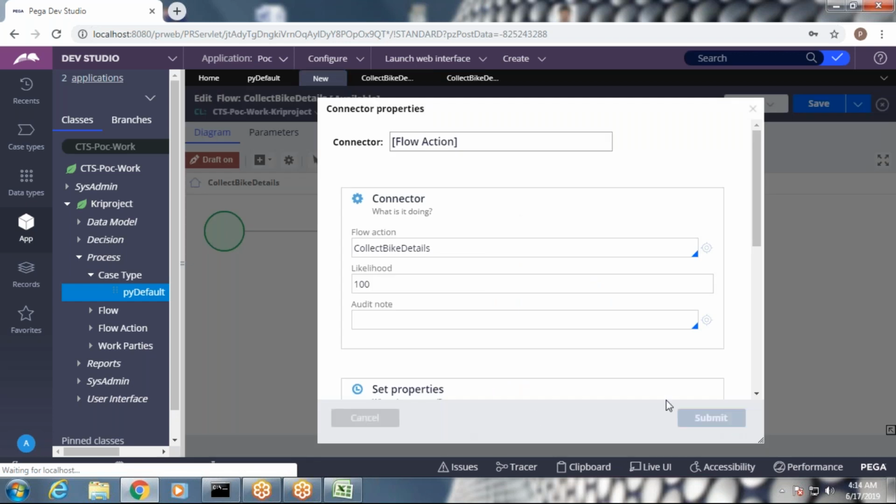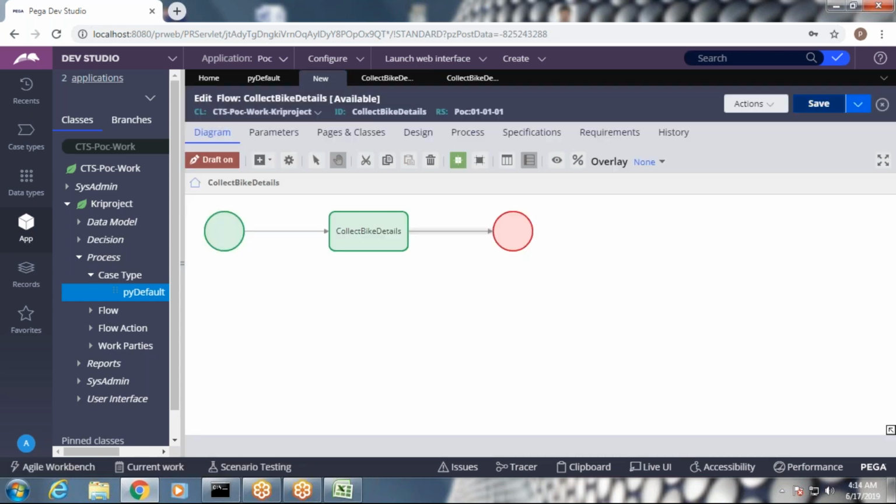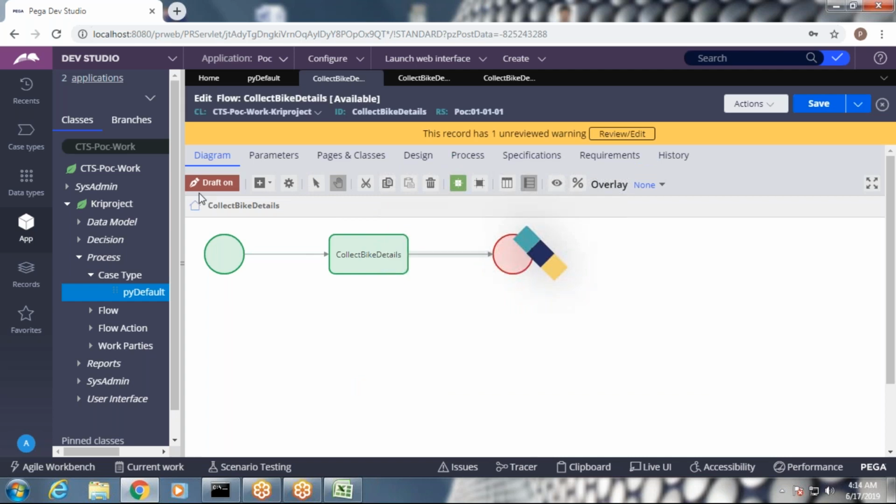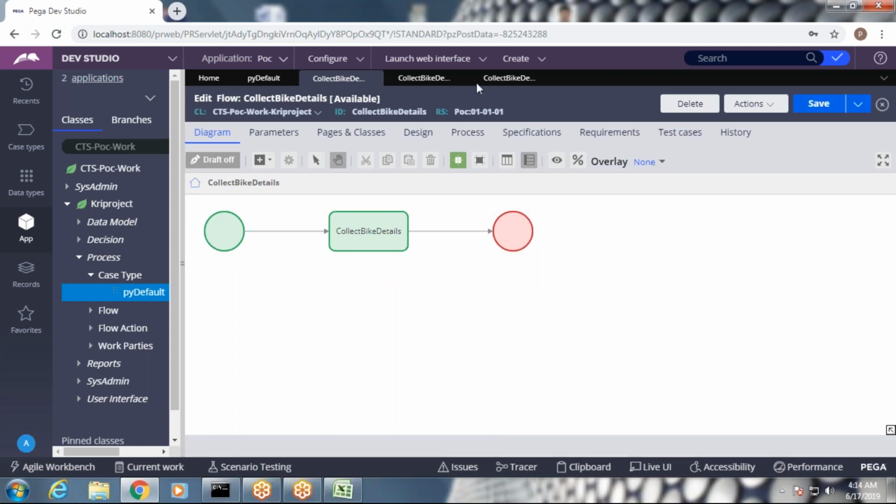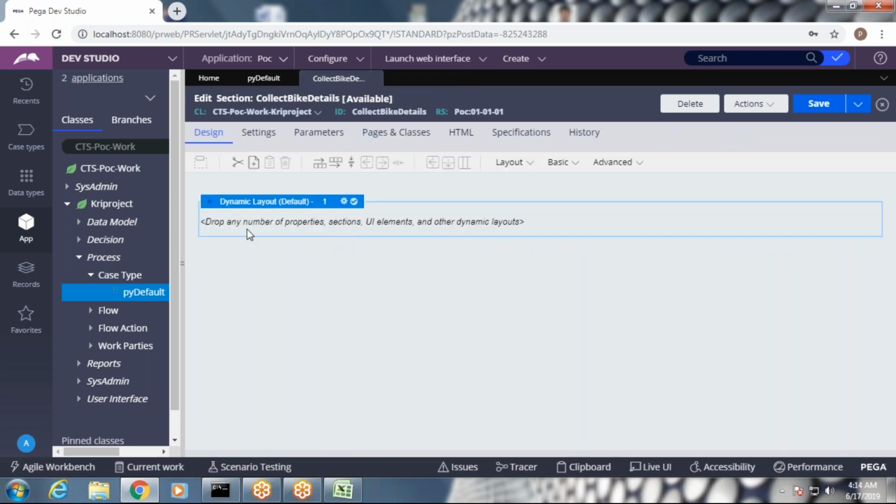And we have to submit this flow and save it. Then the data flow will be dropped off and saved. And we have to close this flow action and flow, then return only to the screen.